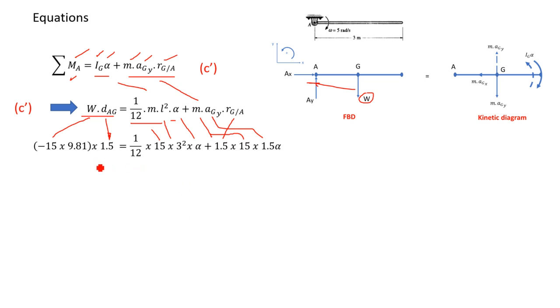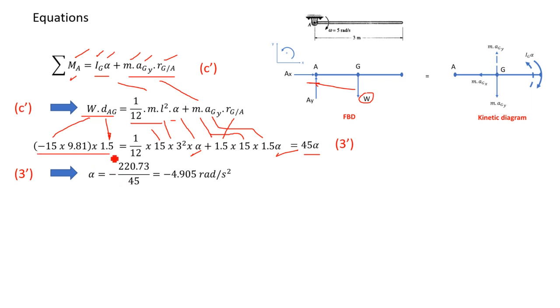So now I can solve. We can see that we are only going to have alpha as the unknown value. I will end up with the total of the kinetic diagram being 45 alpha, and the weight is to be divided by the 45 to have the value for alpha, and we can find that alpha is going to be a negative value of 4.905 radians per